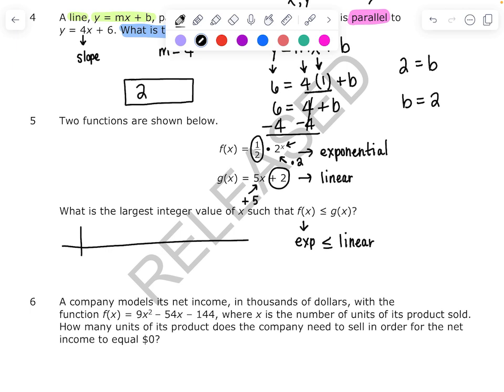I'm going to draw my tables horizontally just for space. You could also draw your tables vertically. Okay, and I'm going to start both of my tables at 0. If this is my linear and this is my exponential, I know in my linear function, my starting amount is 2, and each interval, all we're doing is adding